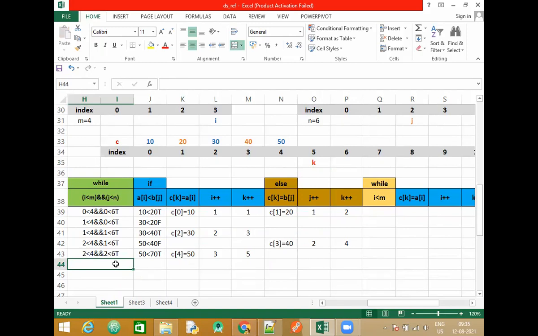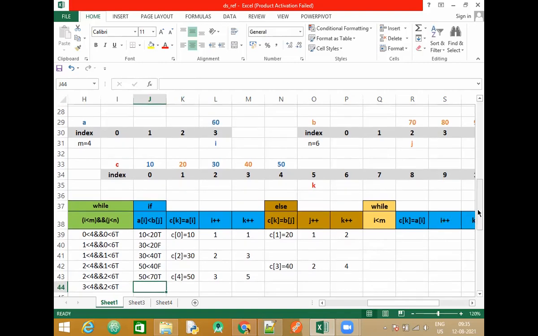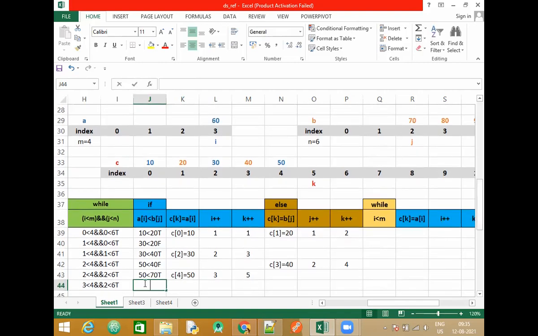While loop less than 4 and J is at index 2. Here. J is here. Sorry, 2 less than 6. Which is true. Check for the if condition. Let us scroll on top a little. 60 less than 70.